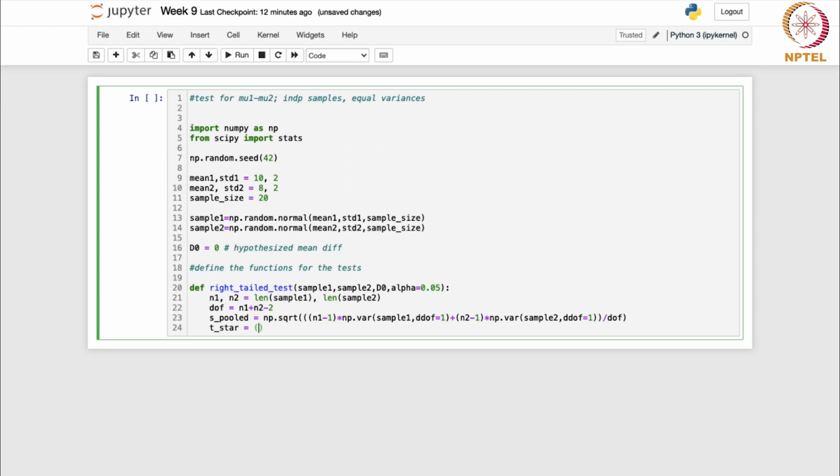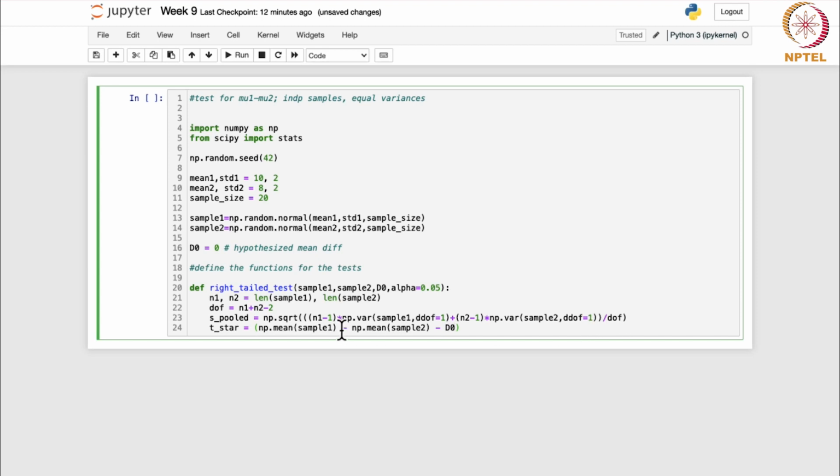So let me just write it. np dot mean for the first sample, minus np dot mean of the second sample, minus d naught,